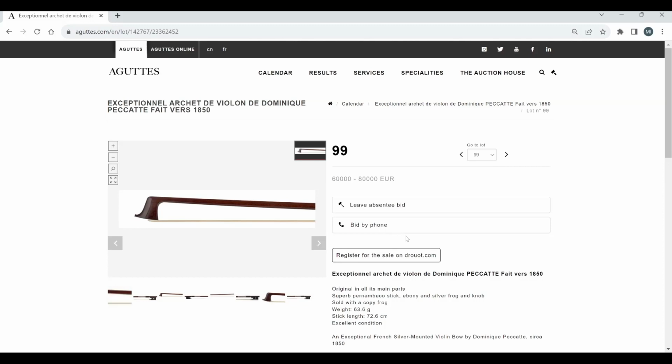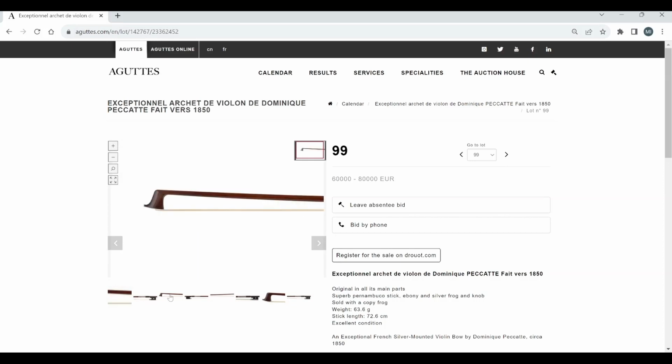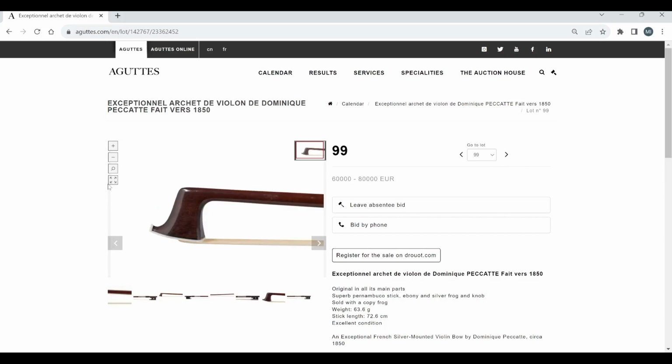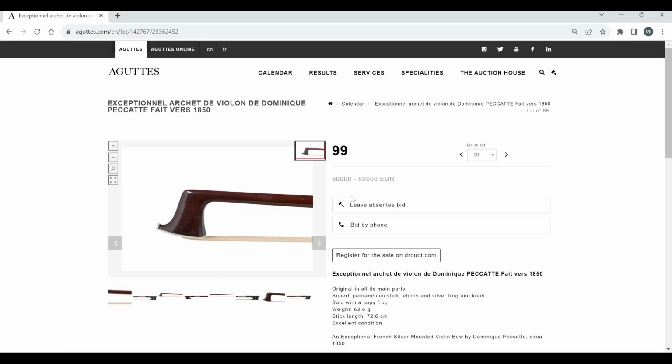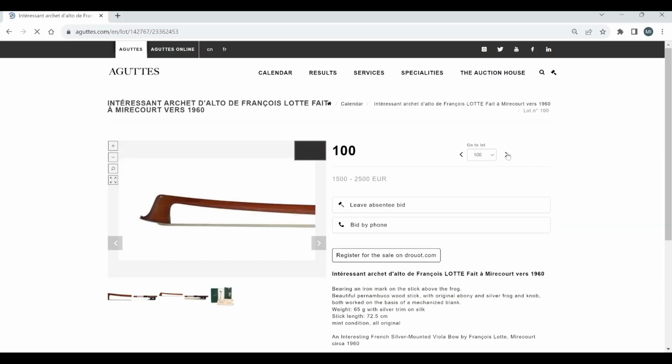An exceptional French silver mounted violin bow by Dominique Pecat, circa 1850. So one of the top makers here. 60 to 80,000. Quite a thing. Excellent condition. Let's actually have a look at the head. Really, really interesting head. Look at how nice those chamfers are. That really is exceptional work, to be honest. So very interesting bow. Right, and now we're just back to an interesting French silver mounted viola bow by Francois